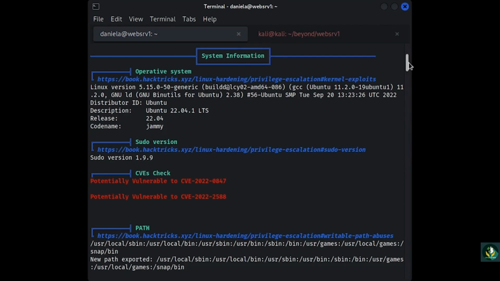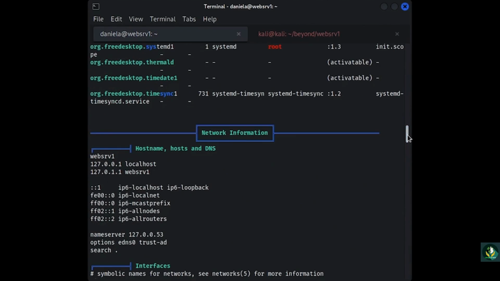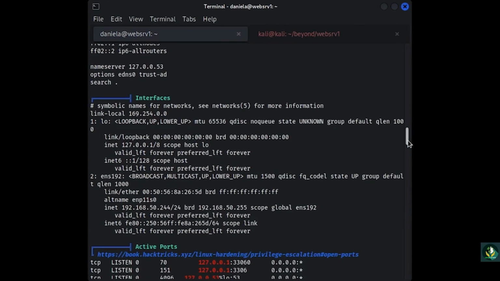Next, we'll review the network interfaces. The output shows only one network interface apart from the loopback interface. This means that the target machine is not connected to the internal network, and we cannot use it as a